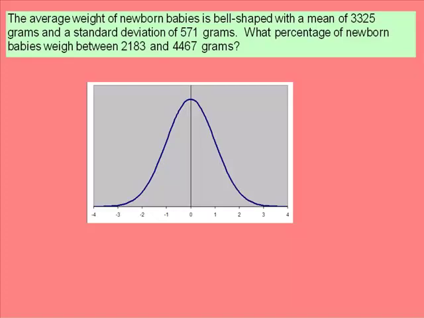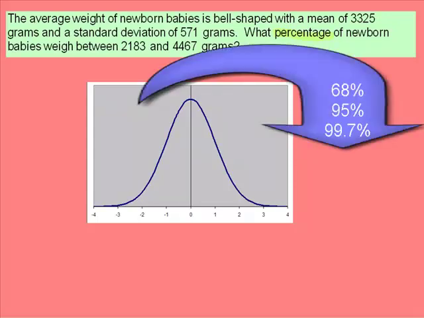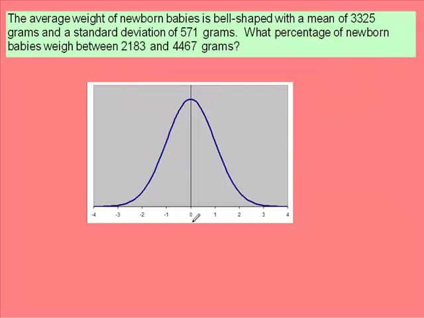The average weight of newborn babies is bell-shaped with a mean of 3,325 grams, standard deviation of 571 grams. The question is asking, what percentage? So we'll have to use those consistent percentages from the empirical rule, the 68, 95, and 99.7. The mean in the middle would be